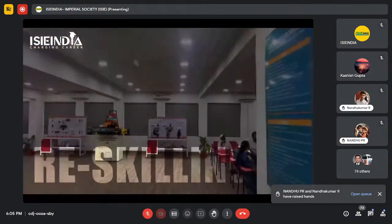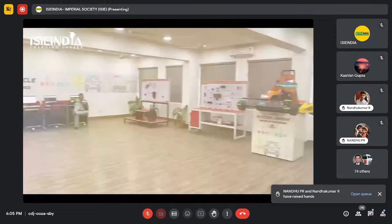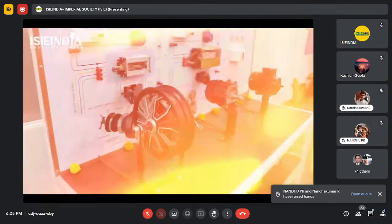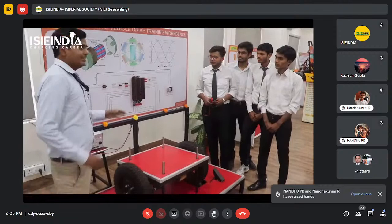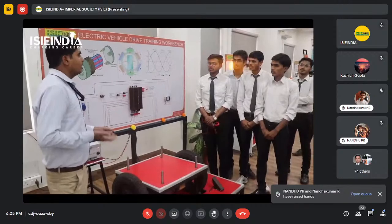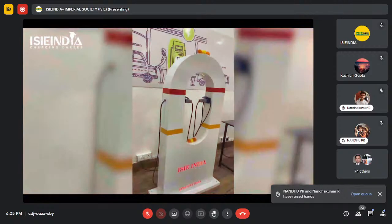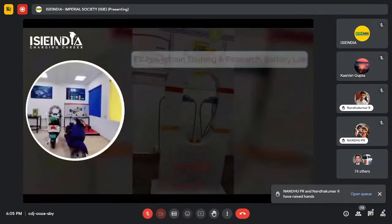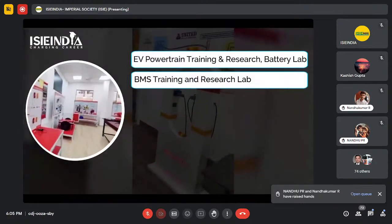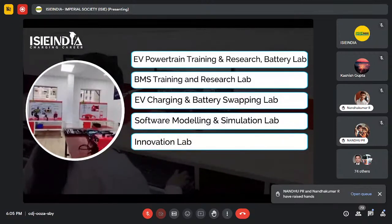Along with the courses for skilling, reskilling and upskilling, at engineering institutes across India we are setting up a state-of-the-art facility, a Center of Excellence for e-mobility research and skill-based education, which is equipped with research and project-based learning-oriented experimental setups. This Center of Excellence is not only limited to educating the students, but will also be utilized for research, innovation and product design and development. It is a combination of 6 labs including EV powertrain training and research lab, battery BMS training and research lab, EV charging and battery swapping lab, software modeling and simulation lab, innovation lab and